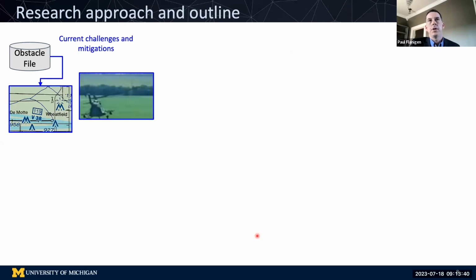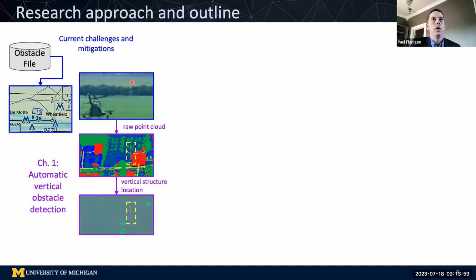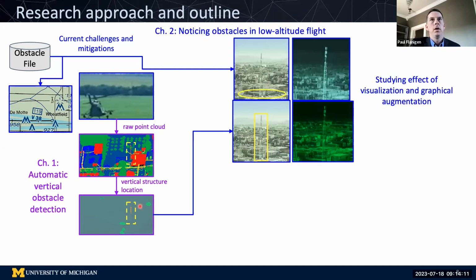The overall research approach and outline starts with what we have now, which in the upper left represents the obstacle files which are currently in existence. Some of those are depicted on VFR sectionals as these upside down Vs, and then basically just looking out the window for towers like you see right here. Our first chapter takes raw point clouds, and then from these raw point clouds tries to find vertical structures within those point clouds. The second chapter takes into account what these current limitations are, the current obstacle files that are available,